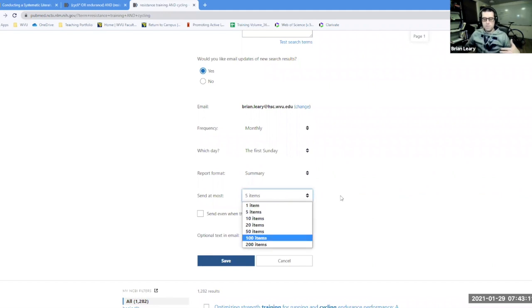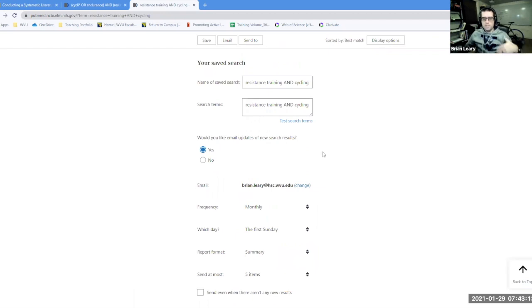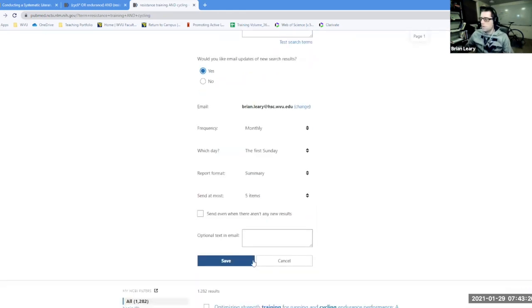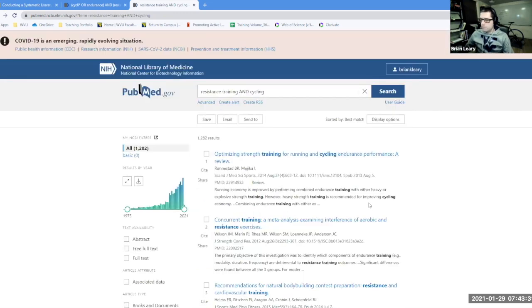Basically, PubMed will run that search again. And any new thing that popped up or falls into that search process will be sent to you as an email. So you don't have to go back and rerun that search. It'll do that for you at a different time. So it's a fun way to do it if you want to keep on top of something as you go through. I think, as I sit down and go through that, those are probably the two biggest things that I use for PubMed. And the most beneficial for you is those collections and being able to send stuff, so just sending it to yourself as a collection,